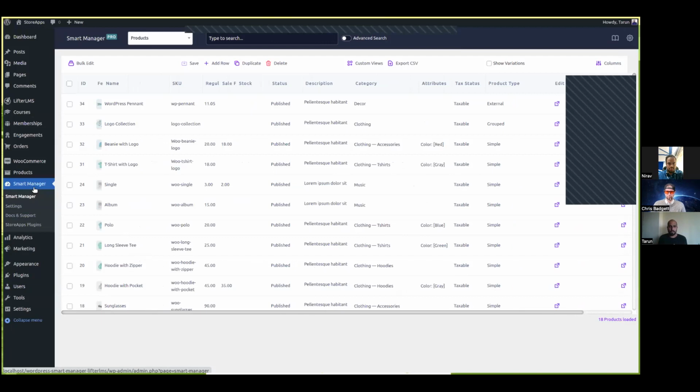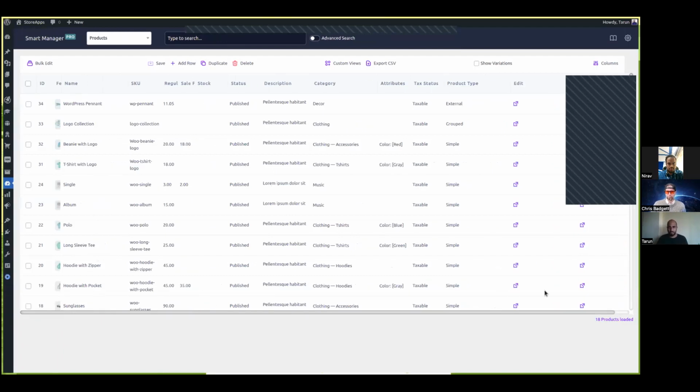Now, whenever WooCommerce is activated on your setup, it would by default go to the products dashboard, right? So what is a dashboard in Smart Manager? This entire stuff that looks like a table or an Excel, we call it a dashboard, right? Now, there are certain layers in this. I would just like to quickly wrap that up.